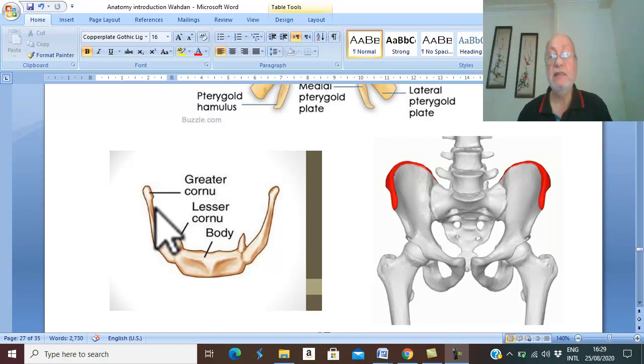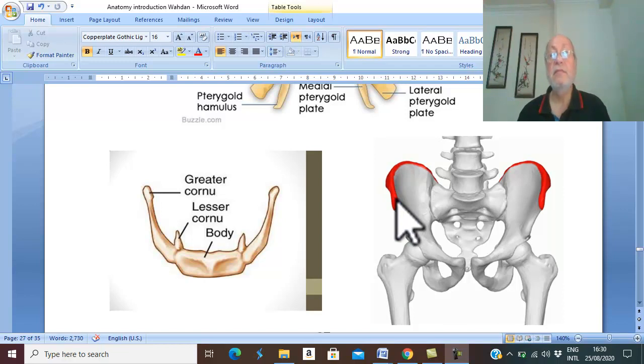Crest. This is the typical crest, this red line. Crest means an elongated ridge, very long, usually on the top of the bone, like this ridge on the top of this large bone. This is the typical crest. An elongated ridge, usually on the top of the bone. What is the meaning of ridge? Ridge means a linear elevation.